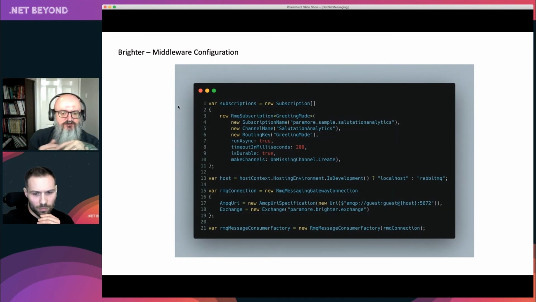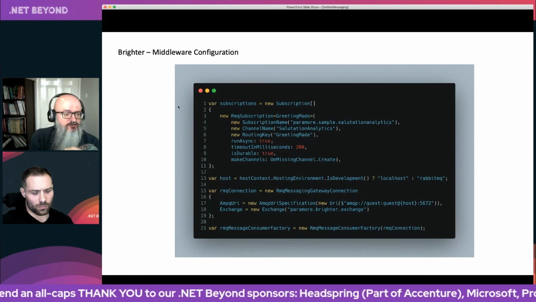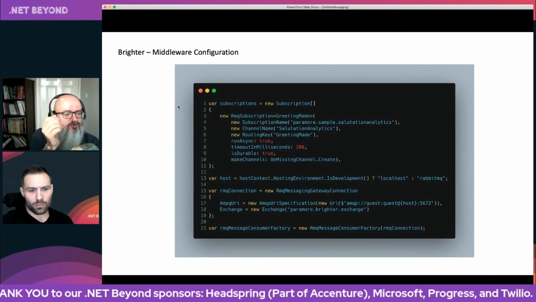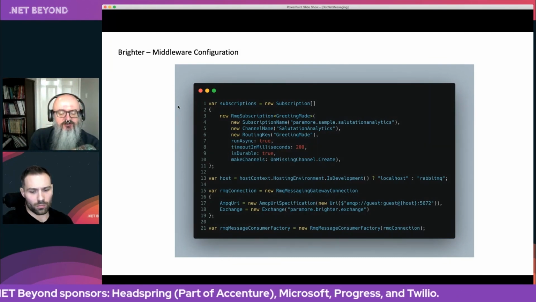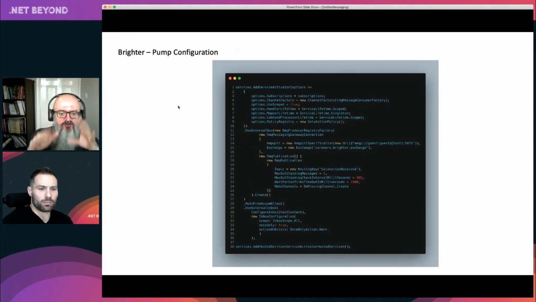We're saying there's some detail about the subscription we need, what we're going to call the name, and what we're going to call the channel. The routing key on line 6 is the important thing. That's the topic in the broker that gets stuff routed to us. And then we're setting up where Rabbit actually lives so I can talk to it, and there's a whole set of options here, which you don't have to worry about too much.